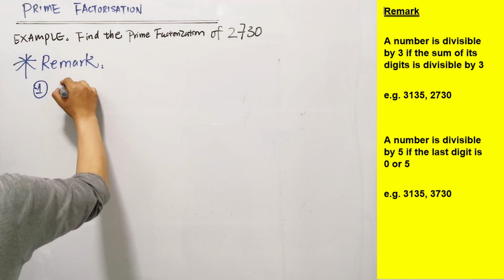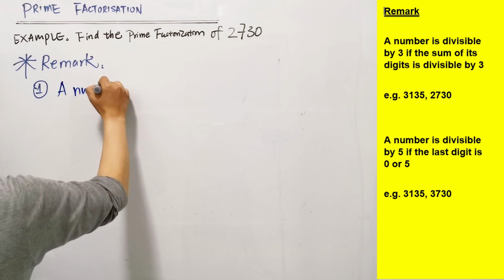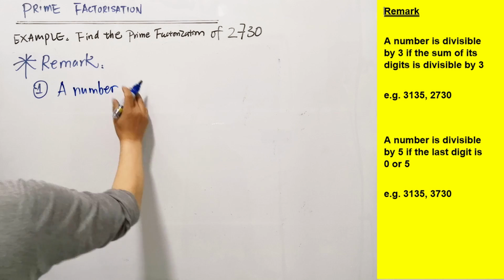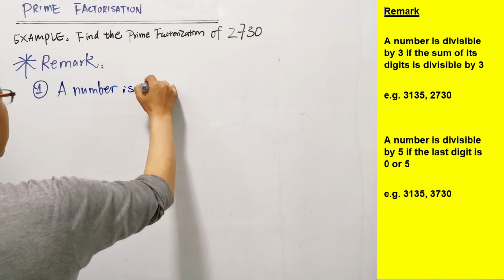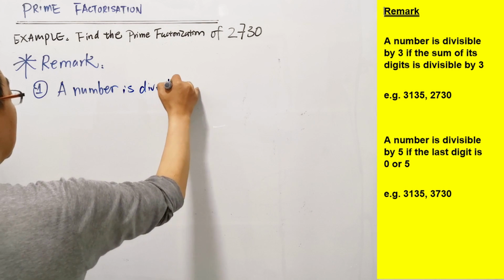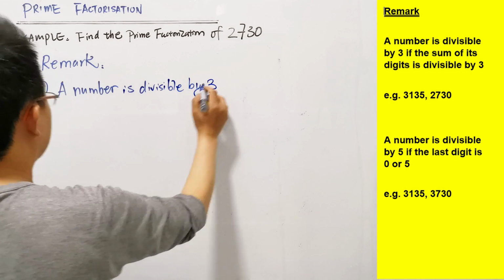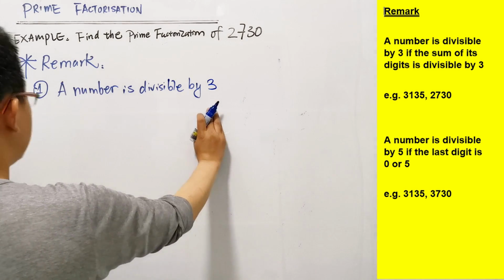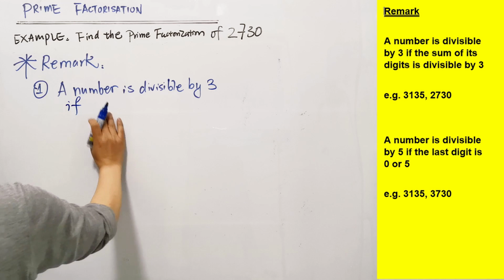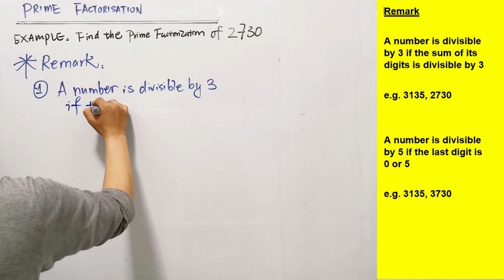Okay, so basically, a number is divisible by 3 if the sum